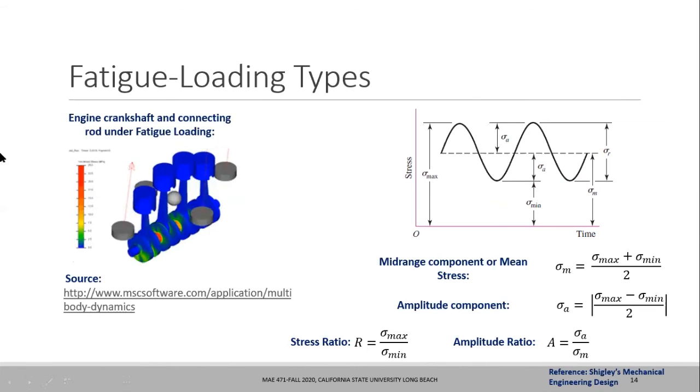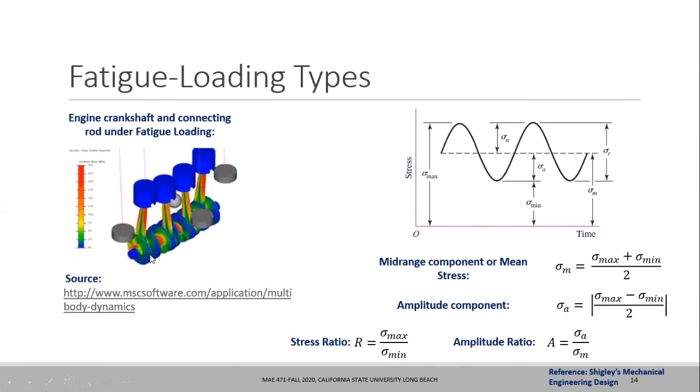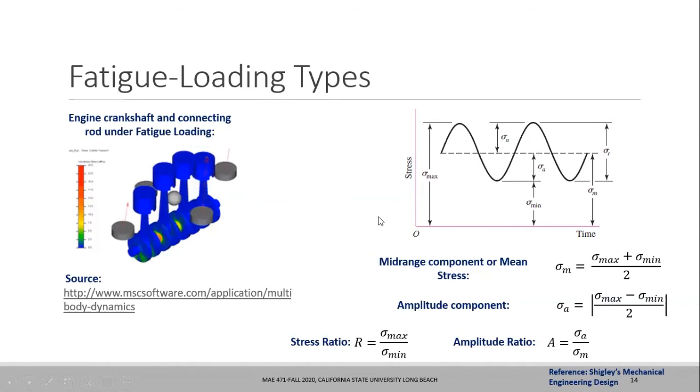The same applies here, where you are seeing the crankshaft and the connecting rod, and as the simulation goes on and the number of revolutions takes place, you see the stresses changing from positive to negative. So you can find the max and min for any component, and everything else follows the same discussion. The important part is that you need to find the maximum stress and the minimum stress that happen for a given cyclic loading.